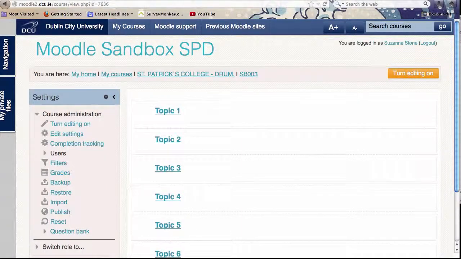This screencast will demonstrate how to create and edit a glossary in Moodle. You can choose to edit the glossary yourself, or you can allow students to edit the glossary as a collaborative project. To create a glossary, firstly turn editing on,